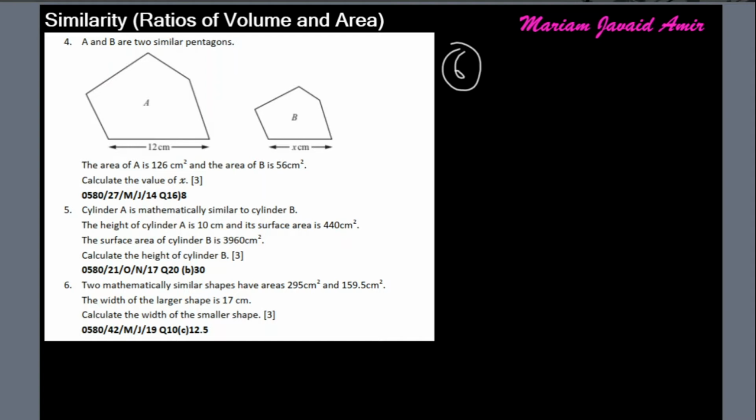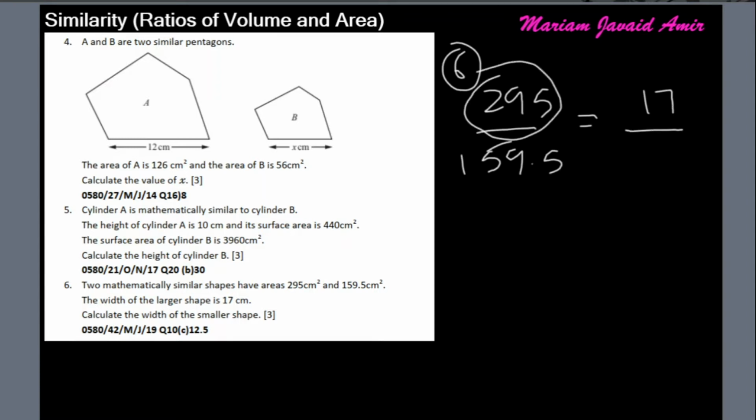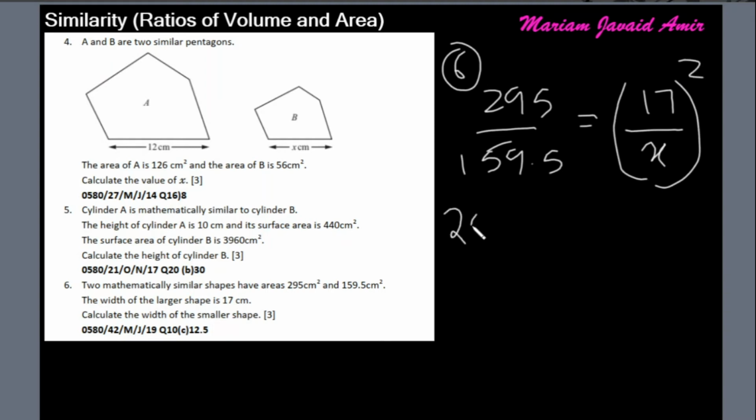Two mathematically similar shapes have area 295. So A1 over A2 equals, the width of the larger shape is 17, so the larger area is the upper area, so we write 17 in the numerator because this is the larger area, over the width of the smaller shape, so let's call this x squared. So exactly the same method, 295 times x squared